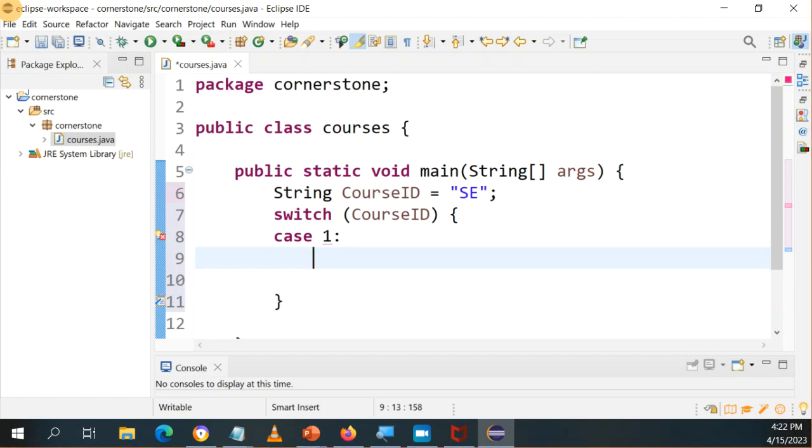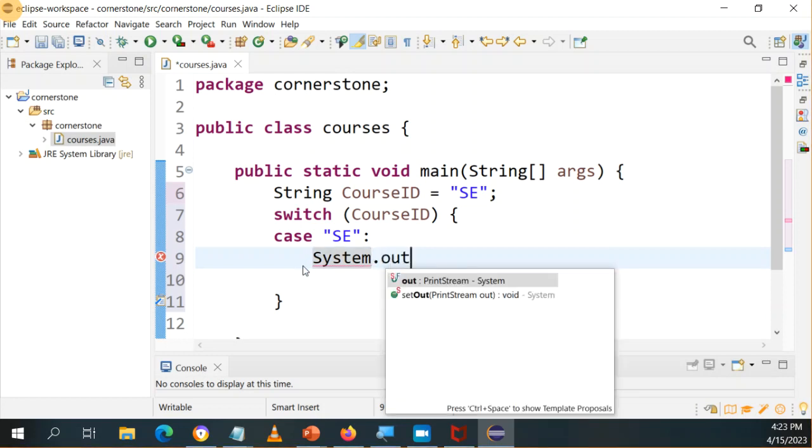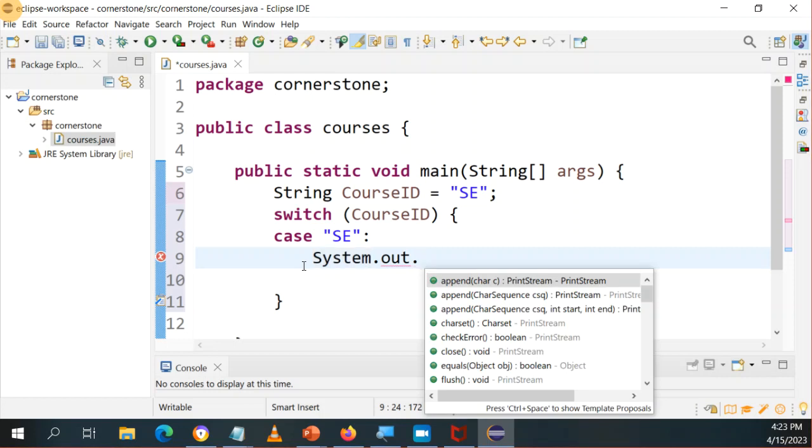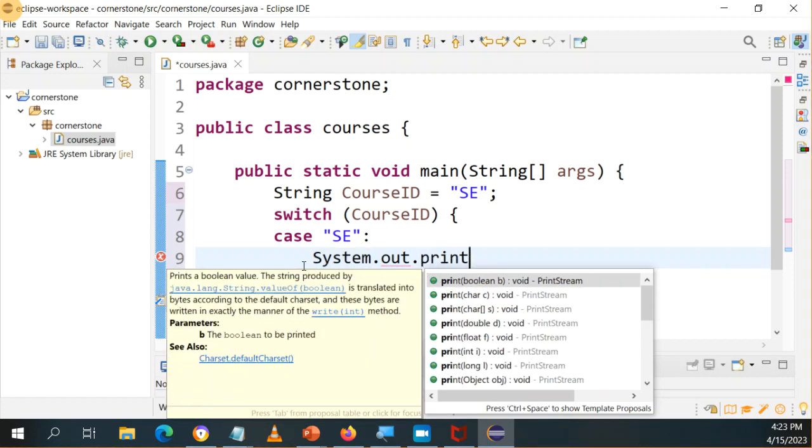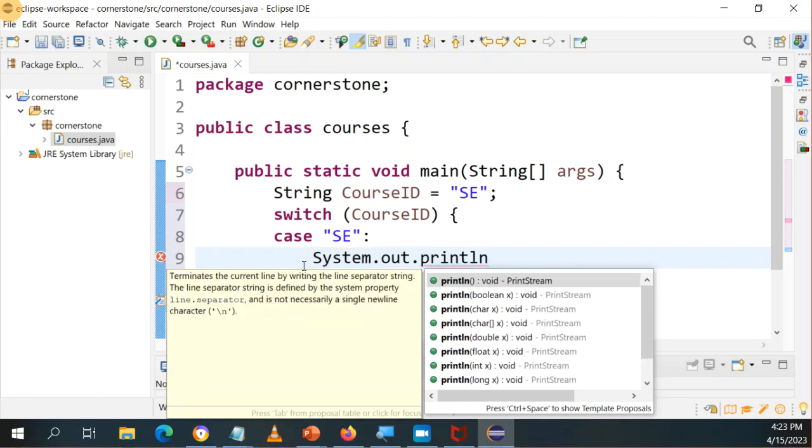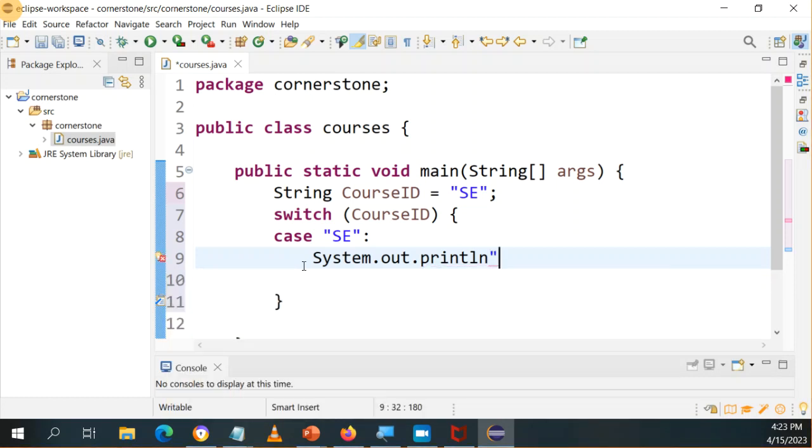I will not say case one. I'll say case SE. Okay? Case SE. And I'll say system.out.println in case someone enters SE,